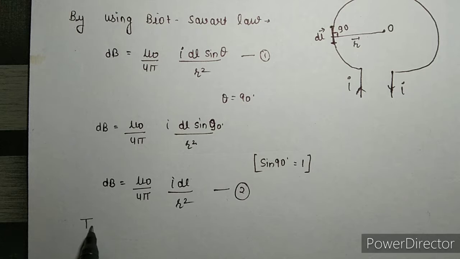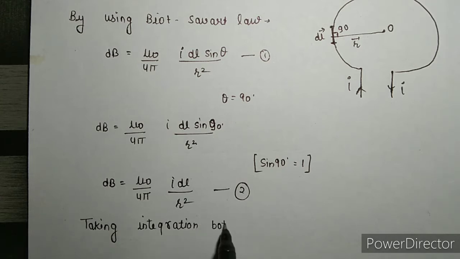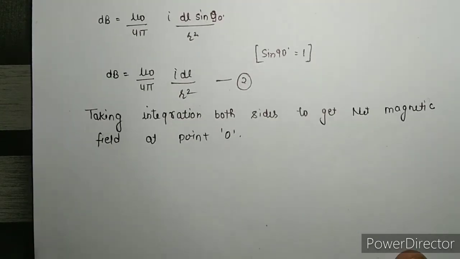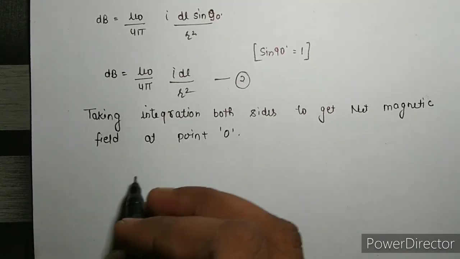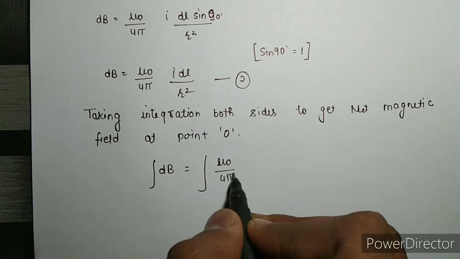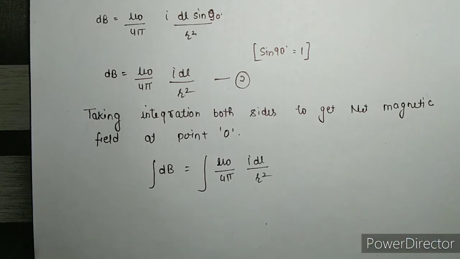So taking integration both sides, to get the net magnetic field at point O. This is my aim. Now integrate dB is equal to integrate mu naught upon 4 pi I dl upon r square,